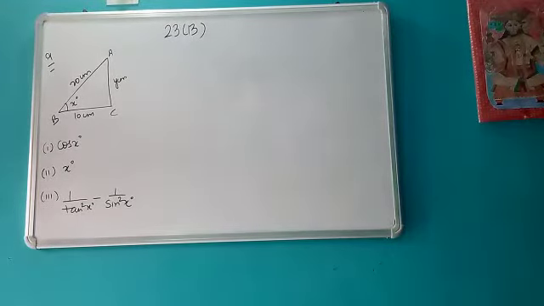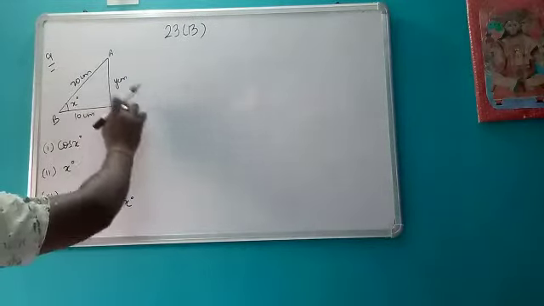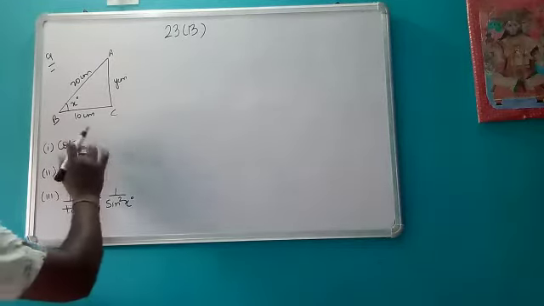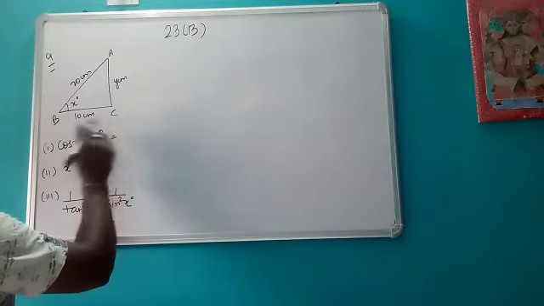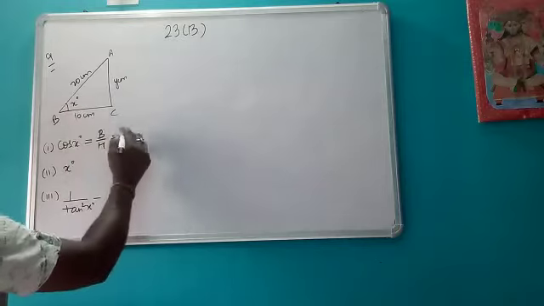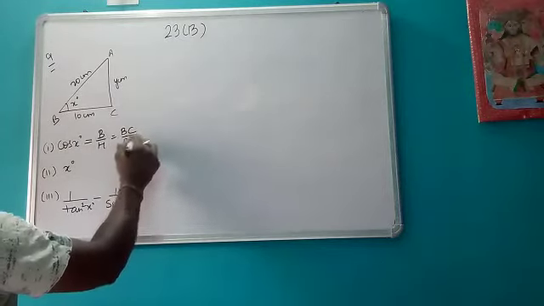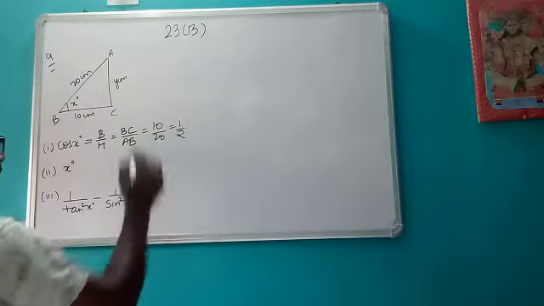Okay, let's discuss one more type. In this, a figure is given and we have to find the values using this figure. Now, we will not use the Pythagoras theorem first up. First, we will use the values of standard trigonometric angles. So, first is cos x degree. So, what we know, cos is b upon h. Now, for this x, base will be BC and hypotenuse will be AB. So BC is 10, AB is 20, you will get 1 by 2.